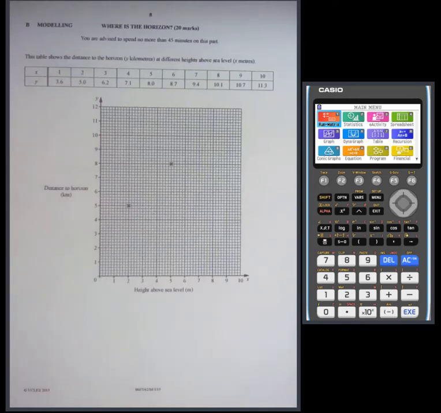Okay, we're going to look at another modelling paper. Where is the horizon, from 2015? This table shows the distance to the horizon, y kilometres, at different heights above sea level. So you've got lots of x's and y's. X, it's just told us, is the distance that you are above sea level, and y is the distance to